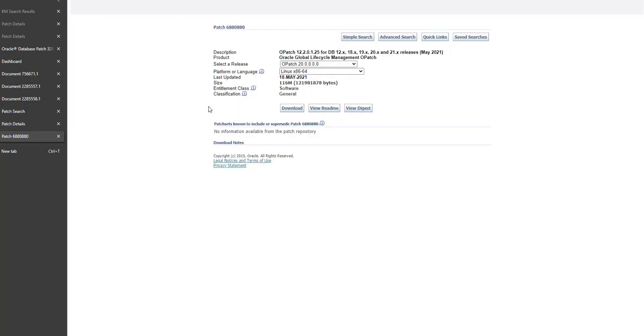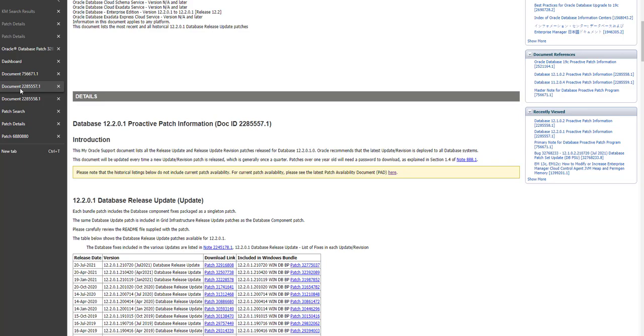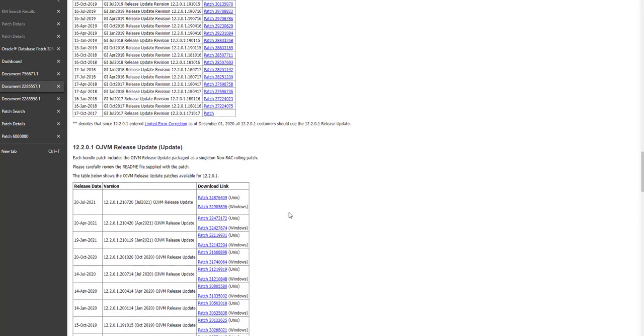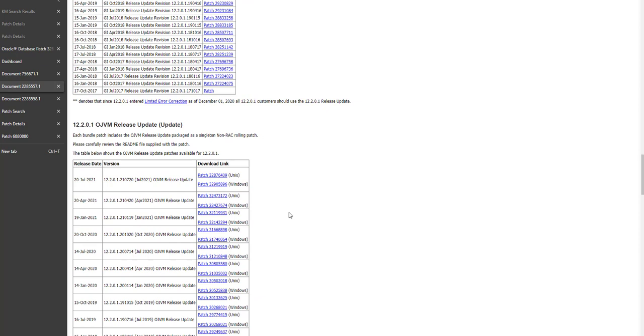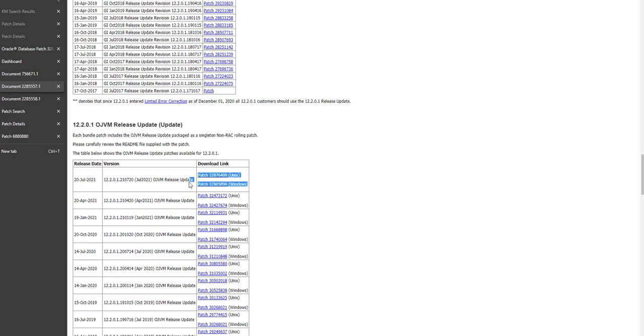And then last you need to download the OJVM. For the OJVM, you go to this page and select OJVM release update. The first one is for Unix machines, so this is the one you are going to download.